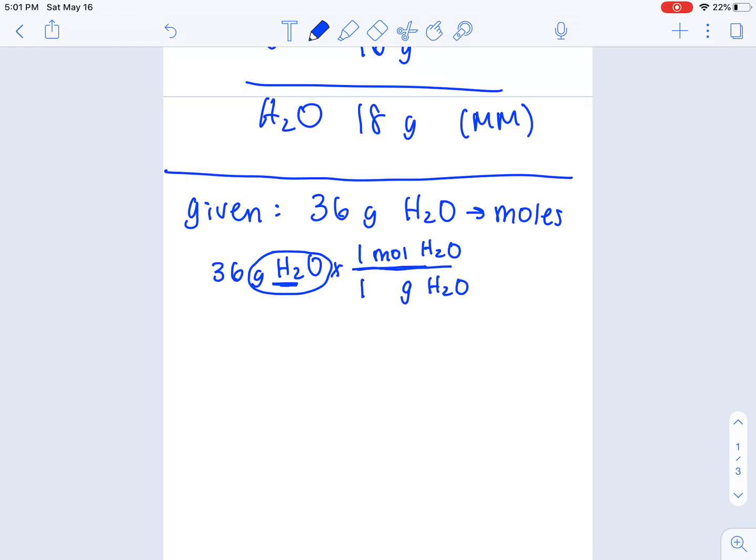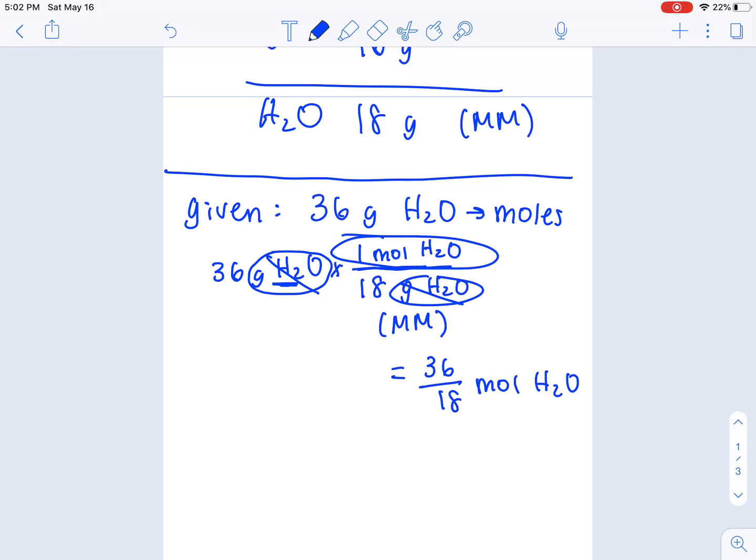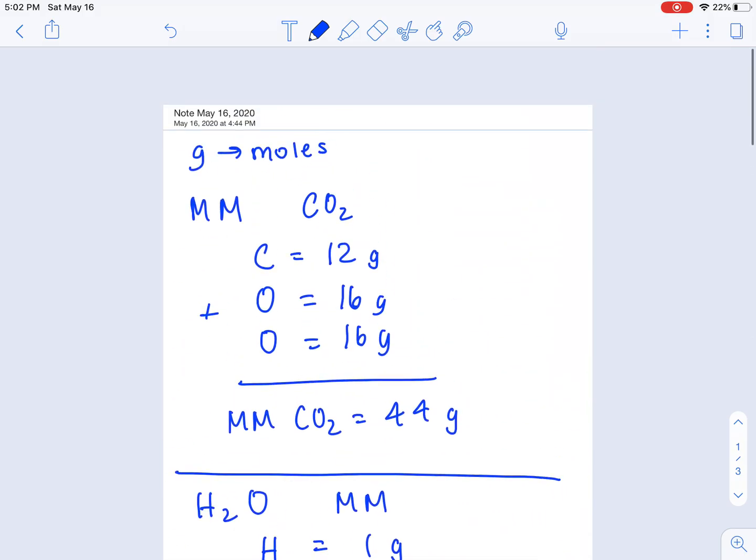So we have the molar mass, which is 18 grams. I'll put that right there: grams H2O. These will cancel out, you see? And what you're left with is 36 over 18 moles H2O, because this is what remains. This is basically just 2 moles of H2O, and that is your final answer. So quick recap here. You used what was given, and notice how the given was in grams and they were asking you to convert to moles. So if it's given in grams, your denominator will most likely have to be in grams so you can cancel it out. And the definition of molar mass is just